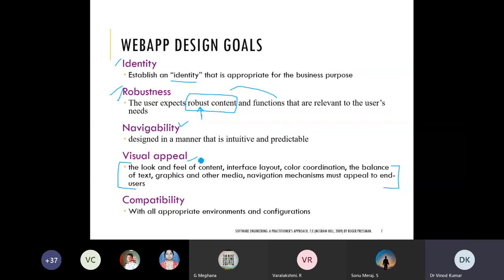So for that, how you arrange the content in an interface layout and how you do color coordination matters. I told you to make the color coordination. See my background here, whatever page you are watching here, it is white.